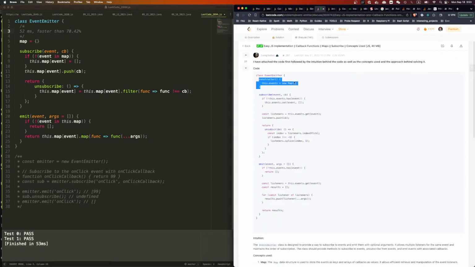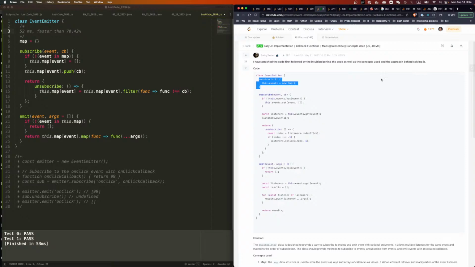If you use a map, you have to set .has the event, set listeners, events.get listener.push, splice. That's not how I want to do it. I want to do filter